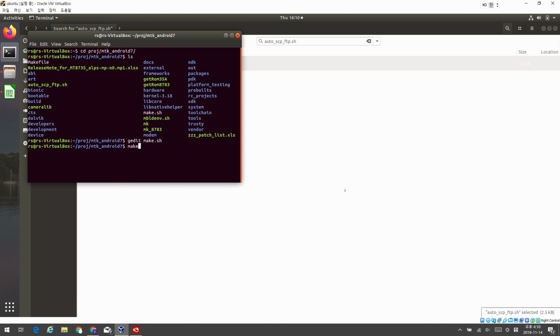And make sure whenever you are compiling firmwares and it failed and you need to compile again, make a clean environment,